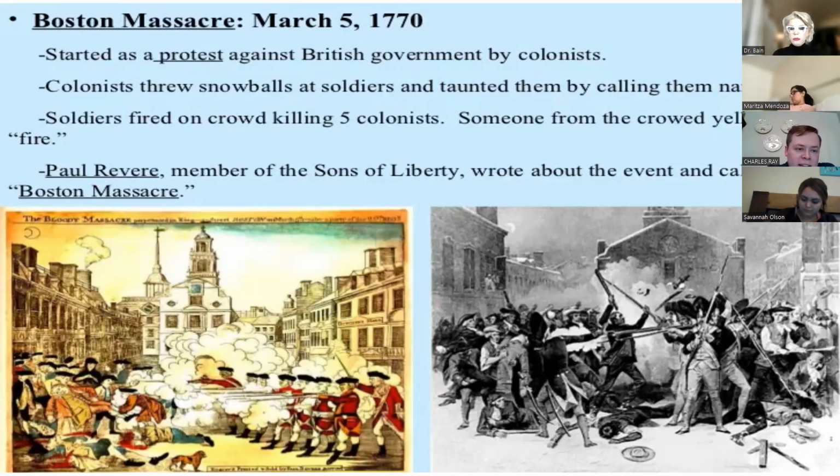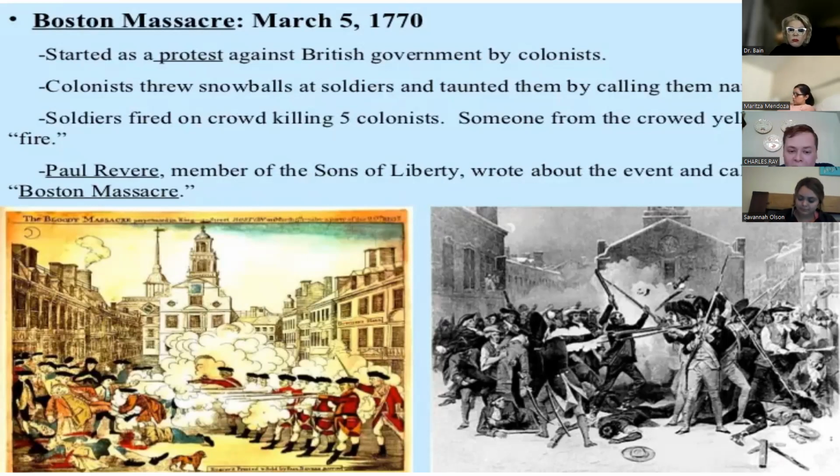Things start getting a little heated. He calls for backup. And basically, they have a line of soldiers. Their guns are loaded. They have bayonets. The colonists start throwing clamshells. They wind up throwing snowballs with rocks in them, too. At one point in time, a young soldier, which we think is a young soldier, goes down and accidentally discharges his firearm when he falls because they were loaded, because they didn't know what exactly would happen. And it was not an order to shoot. It's just some of these guys freaked out. It's dark. It's cold. These guys are literally yelling, kill them, knock them down. So, of course, they're frightened.